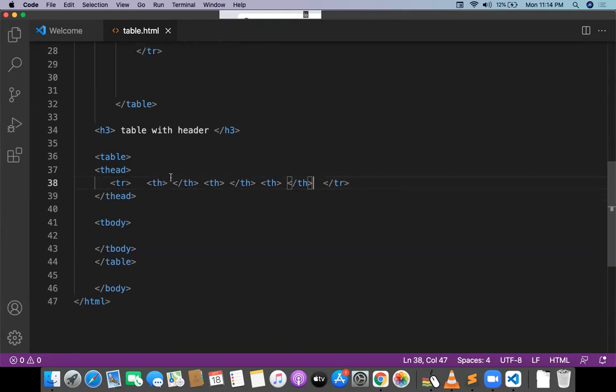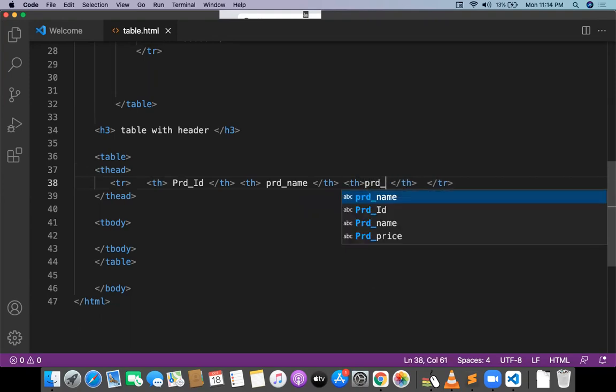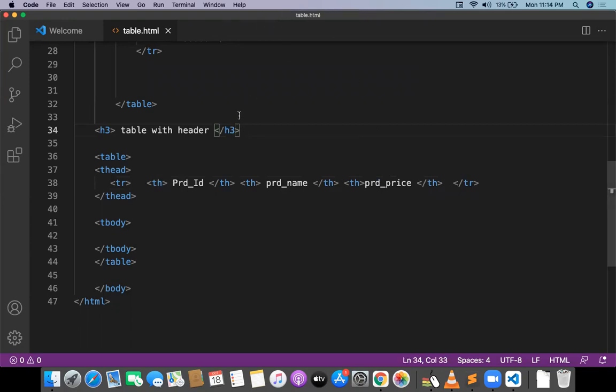This will be product ID, product name, and product price. I'm giving multiple TH values for the particular TR.